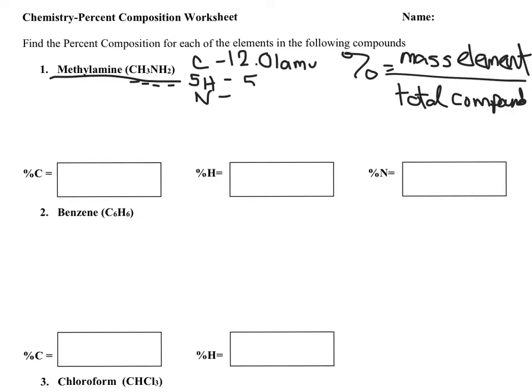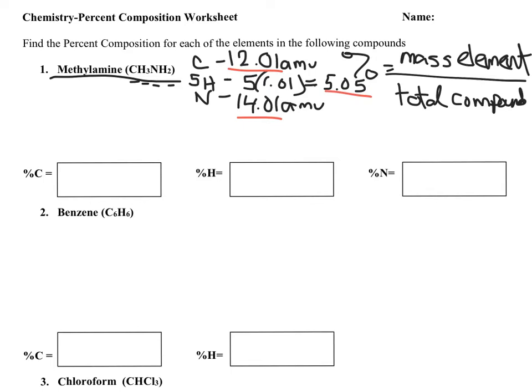Now for hydrogen, since there's 5 of them, each hydrogen is about 1.01 atomic mass units. So 5 times that gives you about 5.05 atomic mass units. For nitrogen, its mass is about 14.01 atomic mass units. All right? So if we add up all of those masses, the 12.01, 5.05, and 14.01, you end up getting